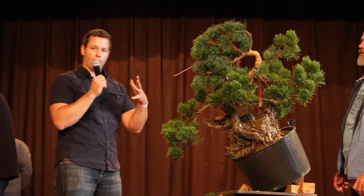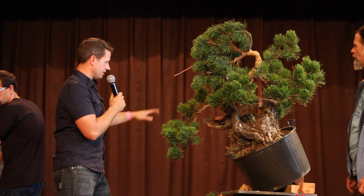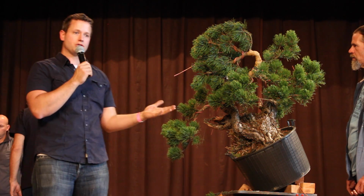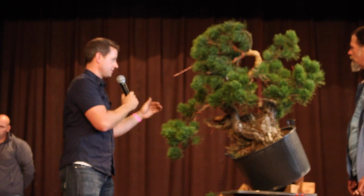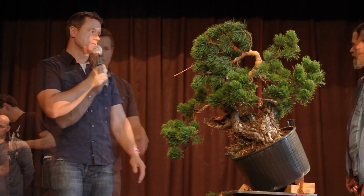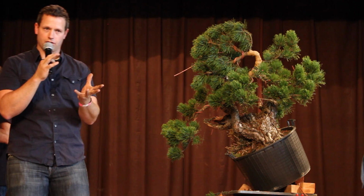But up until that point, we'll set the structure on the rest of the tree except for the apex, and then we'll come back to this portion and start defining our secondary and tertiary branches to set the style of how we want this foliage mass to accentuate all of the different details and areas of interest in the tree. A lot of times we wire all the tree, and then we style all the branches,